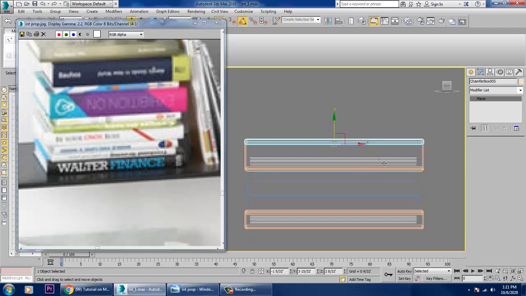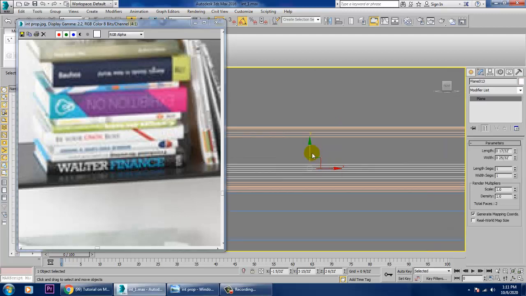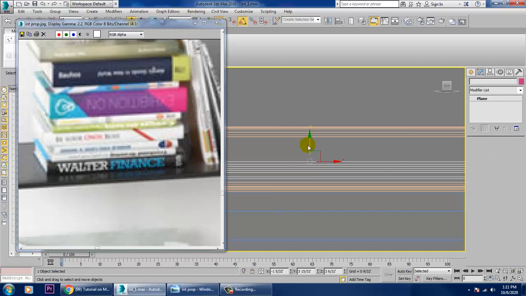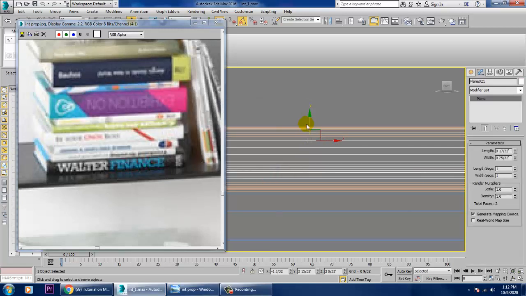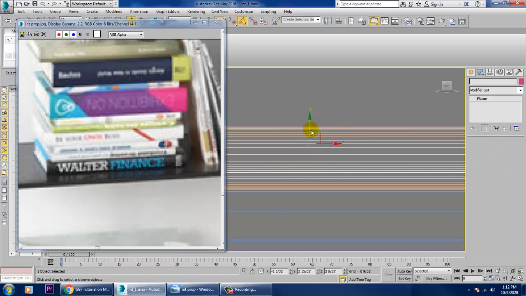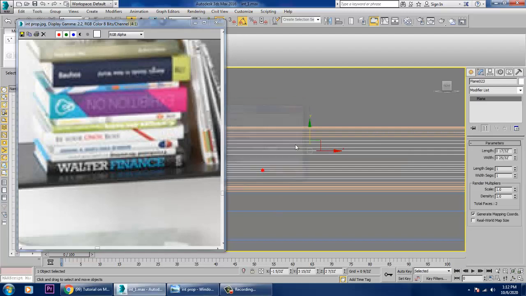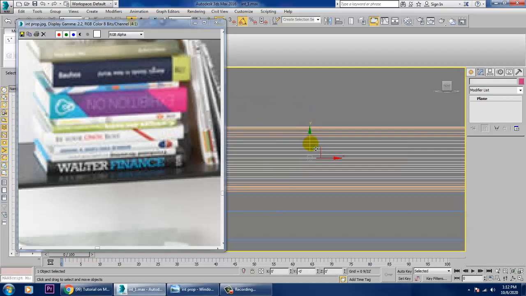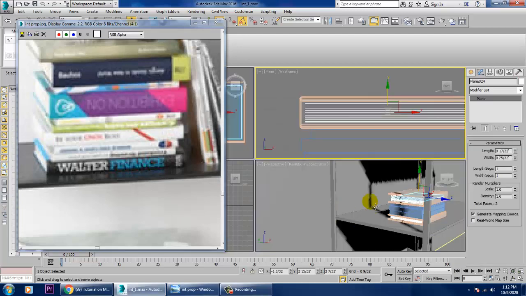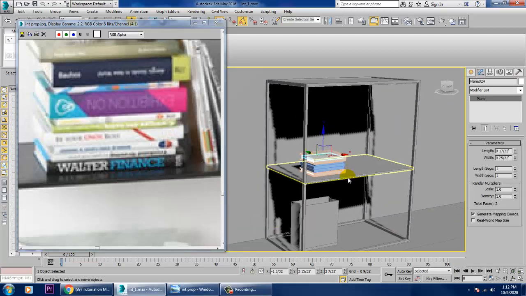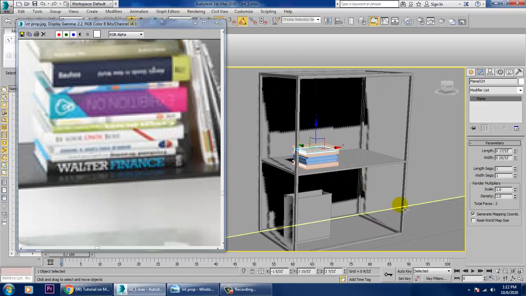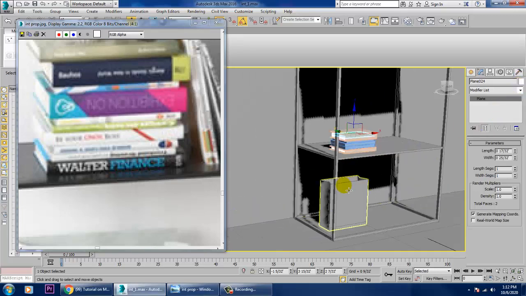Make sure you are just duplicating this. Alright, that's it. Keep saving your files. Just select this.